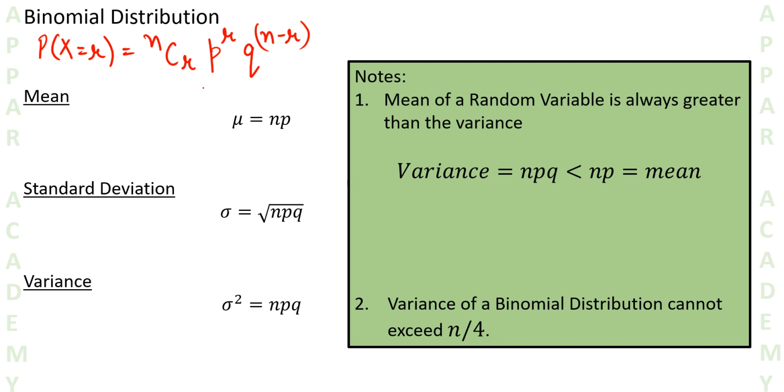So let's start with mean. So we all know that mean is somewhere like aggregate, average. So that is simply represented by mu, which is equal to np, right? We have already seen in Bernoulli distribution that mu was equal to p. But now since it's a binomial distribution and we are making it n times, we are multiplying it by n, and this gives us mu is equal to np.